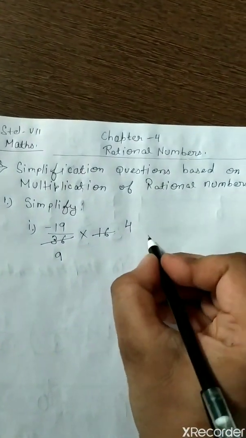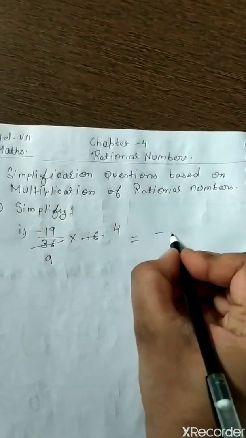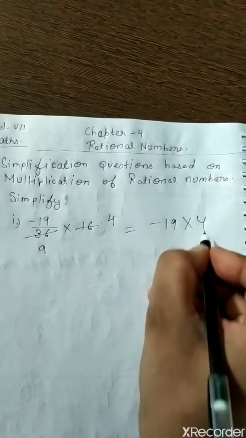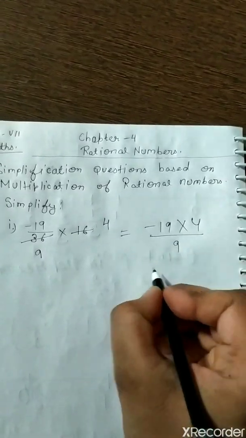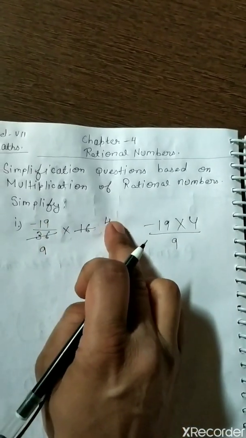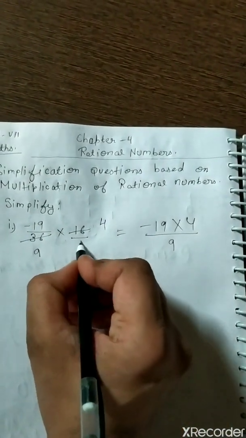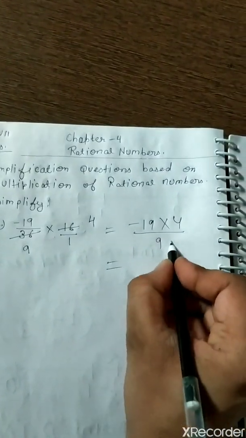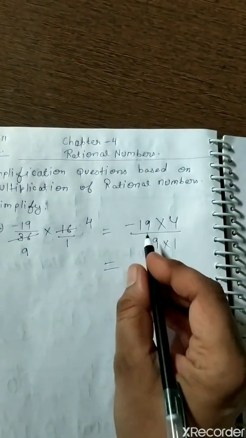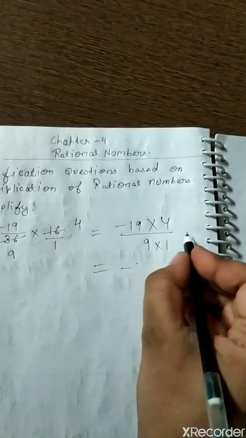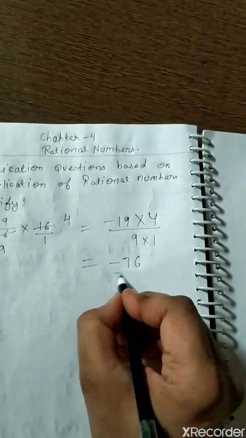Then you will do minus 19 into 4 by 9. The numerators you will multiply, and below 16 the denominator is 1. So you write 9 into 1, and the answer will come 19 into 4, 76, minus 76 by